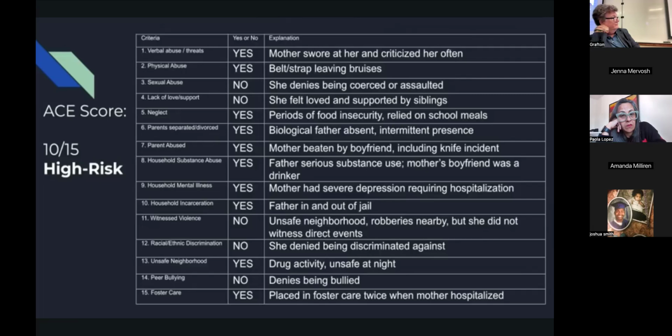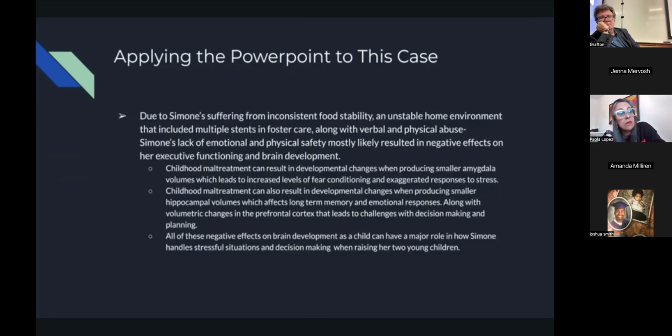Simone's current depressive symptoms align with these findings, making trauma-informed care and resilience building important to her long-term health and well-being. Due to Simone's suffering from inconsistent food stability, an unstable home environment that included multiple stints in foster care, along with verbal and some forms of physical abuse, Simone's